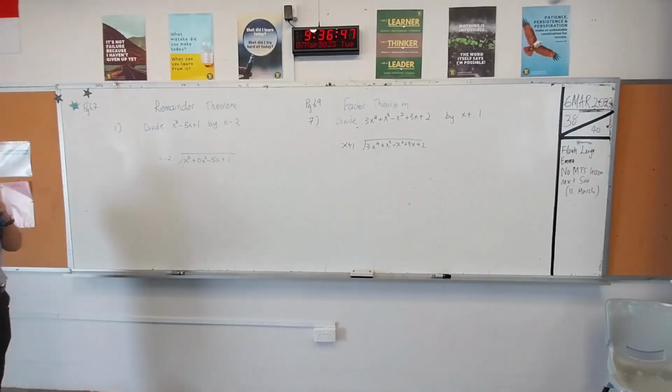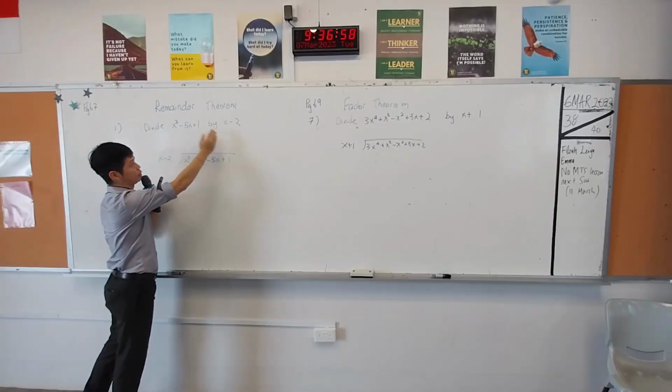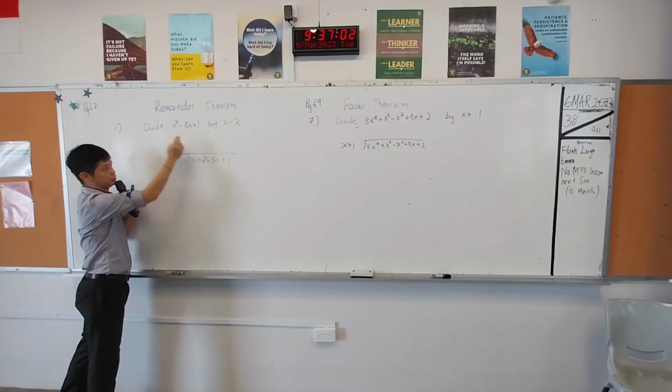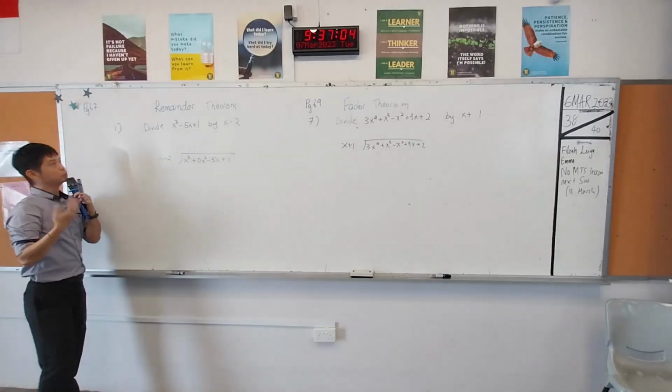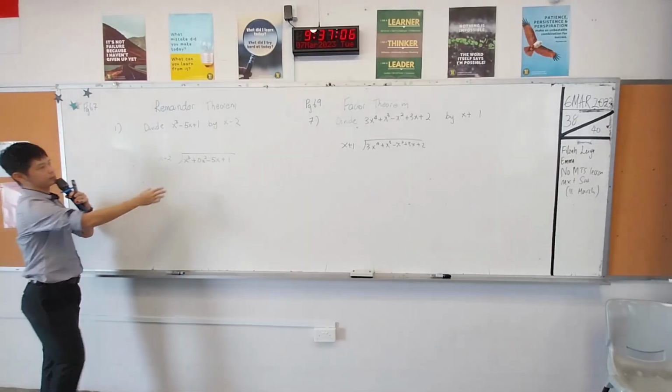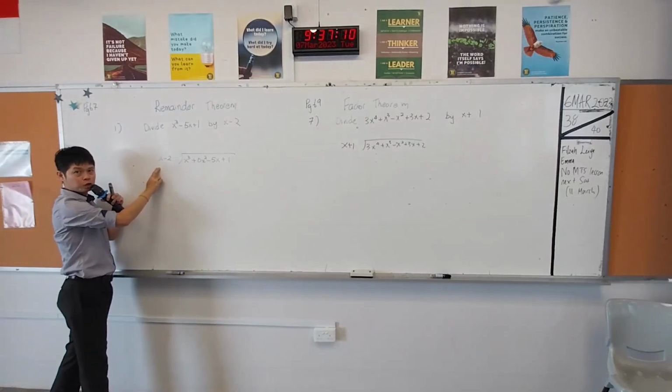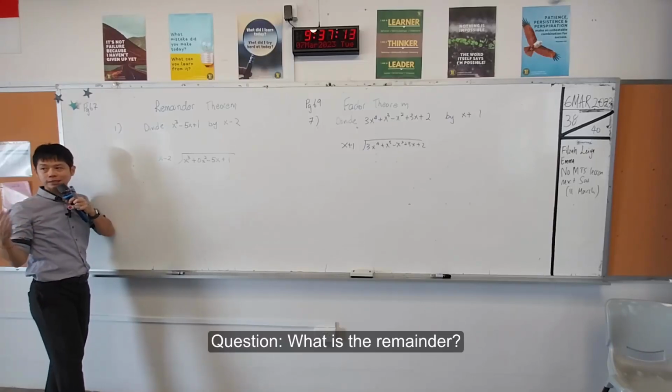We're going to touch on the concept of the remainder and factor theorem, so we'll do both side by side together. Let's start with the remainder theorem. We have a polynomial divided by this divisor here. You realize that the x squared is missing, so I put in a 0x squared. Now, when I divide this dividend by x minus 2, the question is, what is the